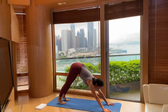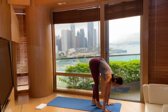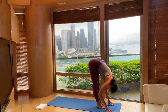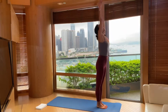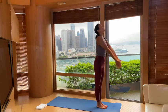Look in between your hands, bend your knees, tippy-toe your feet towards the top of the mat, flat back lifts on an inhale, forward fold on an exhale, rise up, arms reach up towards ceiling, and exhale, stand in mountain pose. Let's do that again. Inhale, arms reach up,